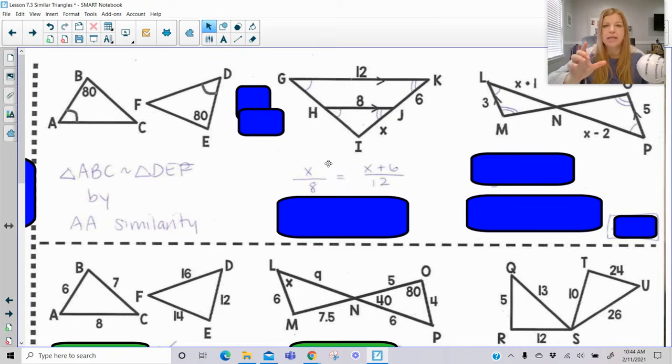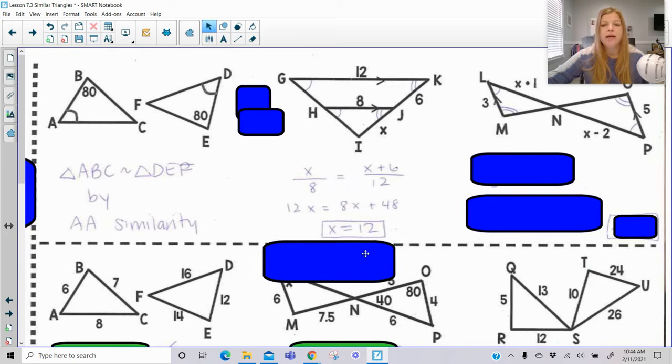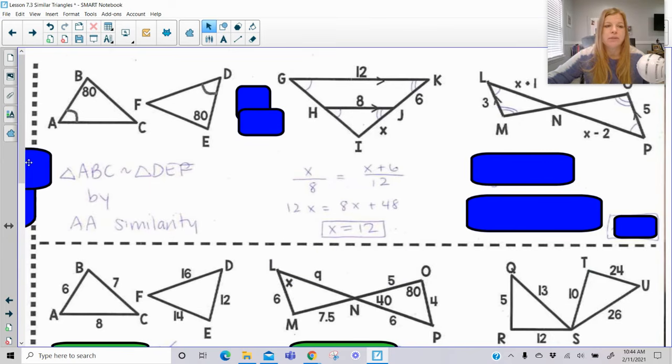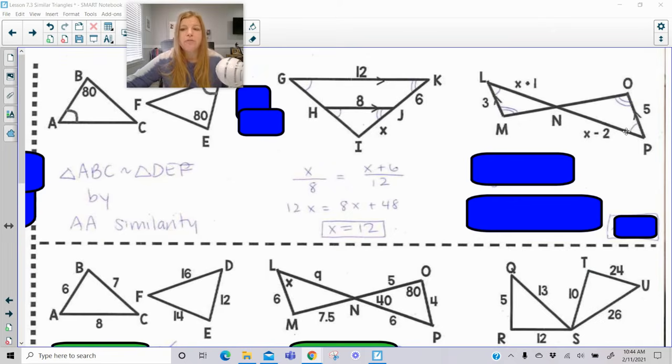So notice I took a side of a triangle over a side, and I set it equal to the same side of the bigger triangle over the other side. This is now just using our cross products to solve, and we end up getting a nice answer of X equals 12. In this next problem, also, if I asked you to solve for X proportion-wise,